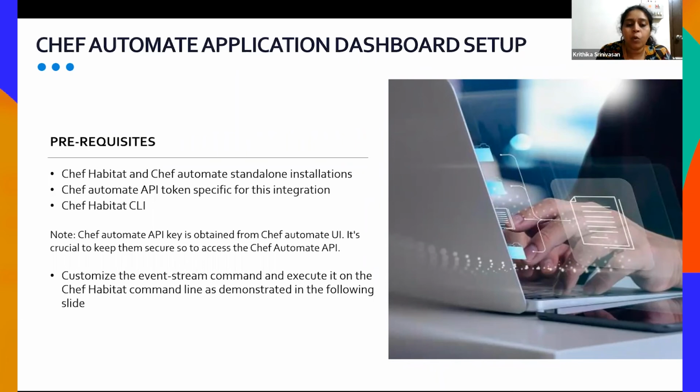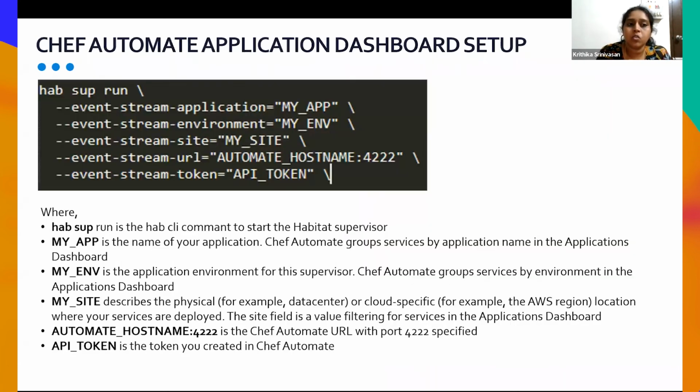So how do we want to do it? We get to the Chef Habitat, customize the event stream command and execute it from the Chef Habitat command line. So we need Chef Habitat and Automate installed, the API key, and the Chef Habitat command line. So this command would